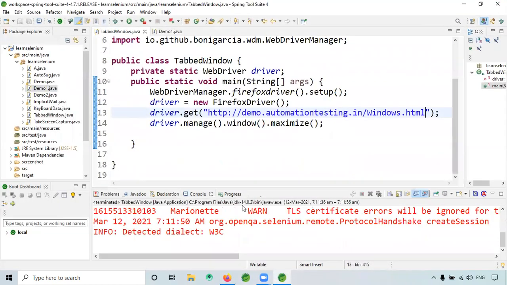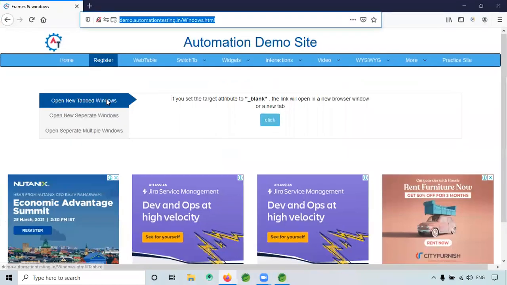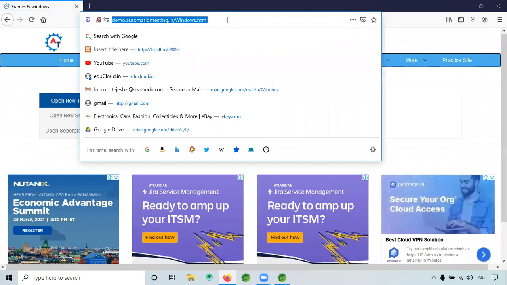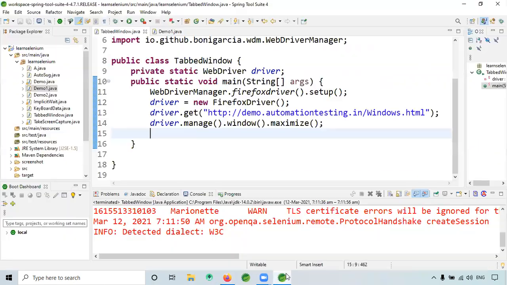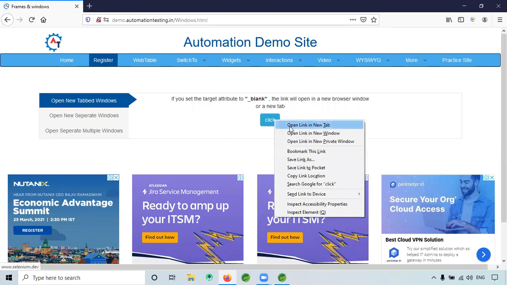Okay, it is launching. So now I need to click this first. Not this one actually. Okay, so windows, same thing. So here when I click this,